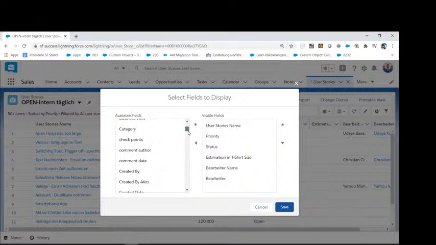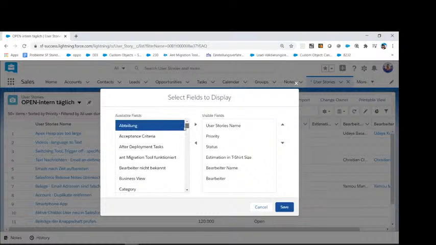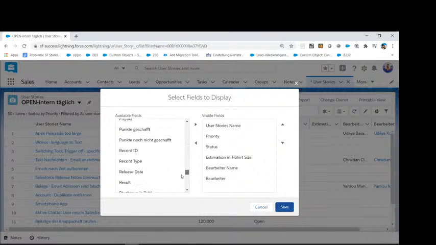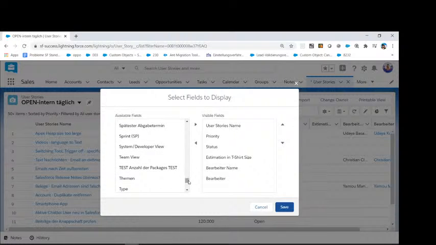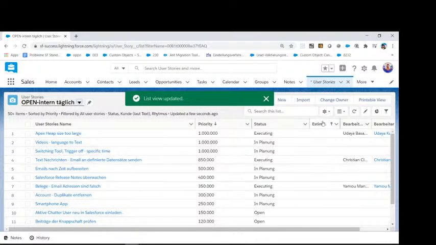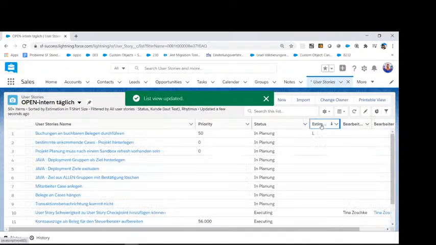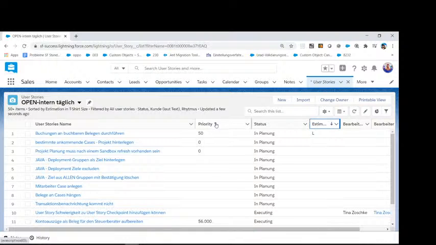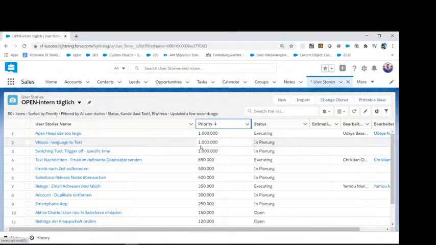Okay, let's say the comment date, what's it gonna be, the status. What I mean is the status, and then the status I should just put in. Let's save this. Okay, the status is already in, and so we have the estimated time. It's gonna be this, but we should go like this.